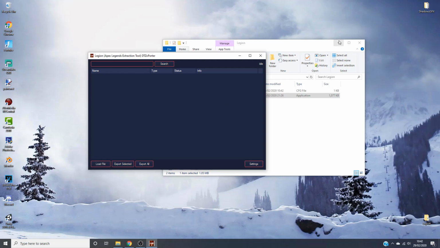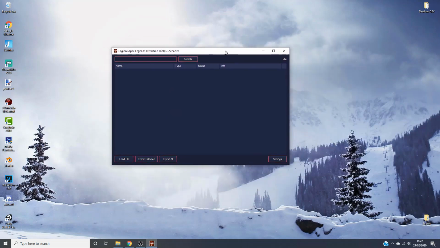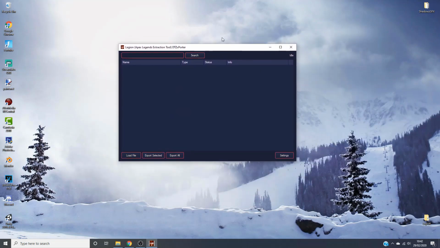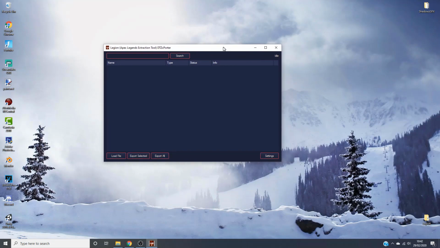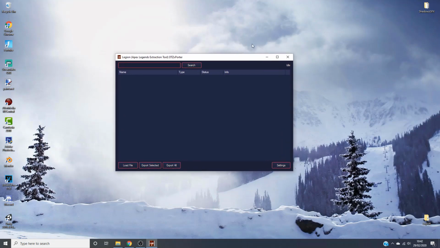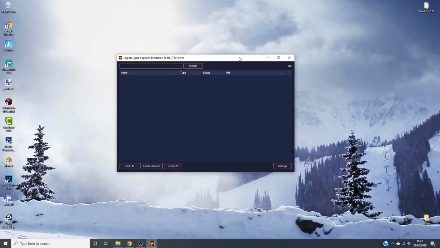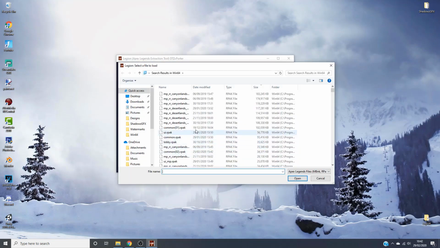But this might sound quite self-explanatory, but make sure you have Apex Legends installed on your computer before you try and do this. If your computer can't run it, then you can't port models. You have to have the game installed on your computer, because otherwise it's not going to get the pack files from anywhere. So all you need to do with this software, click load file, and it will automatically take you